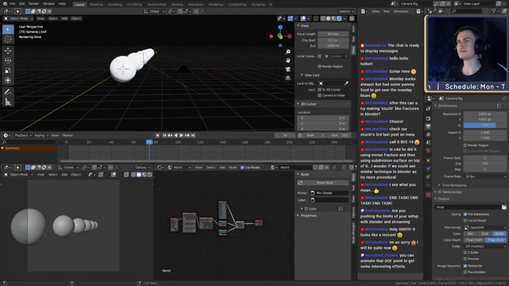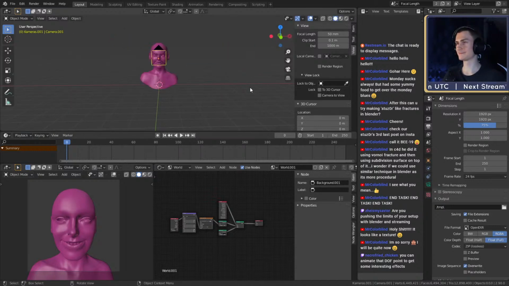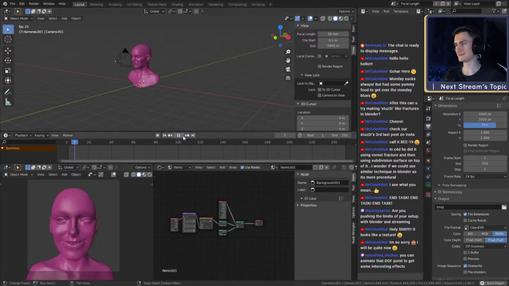The effect of focal length. There we go. Let's look at that again. Oh, it's loading. Okay. Yep, that's the effect of focal length. And one more.